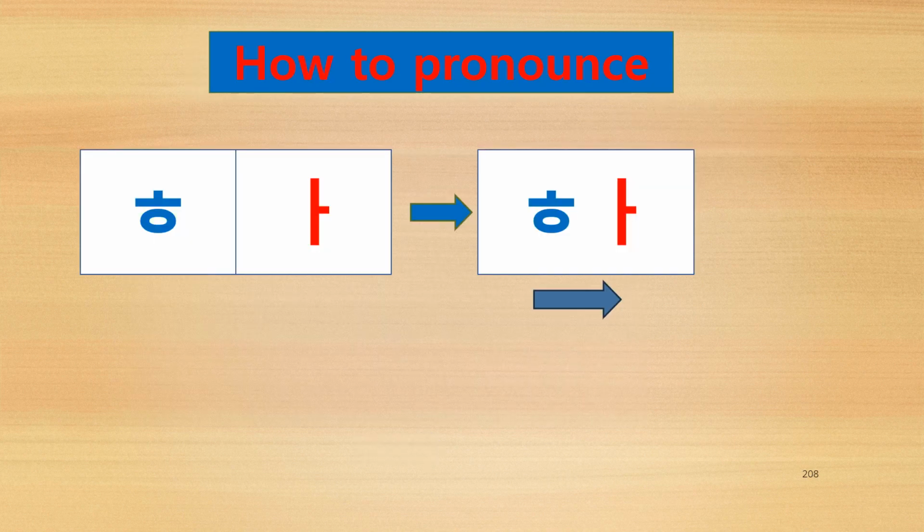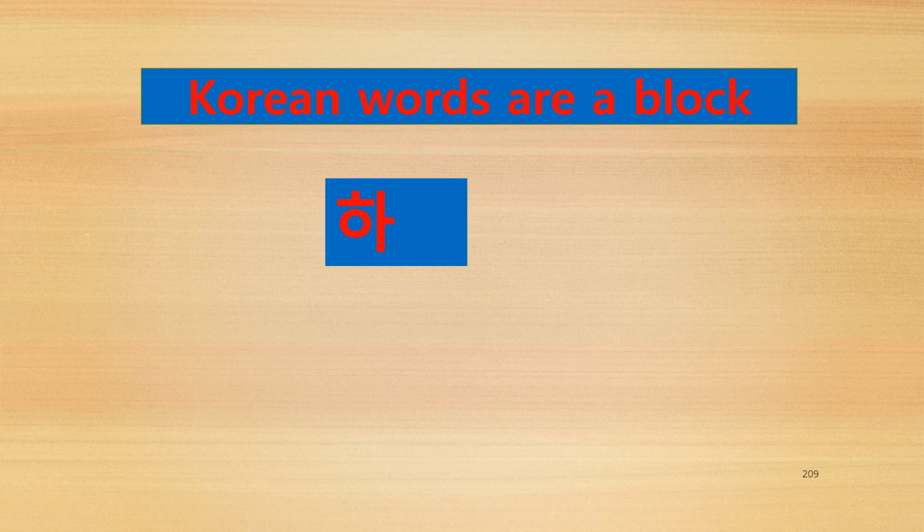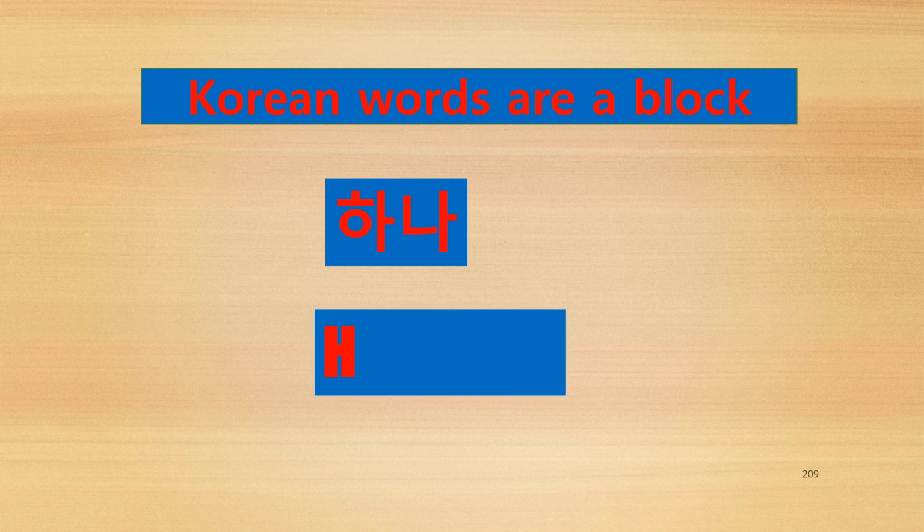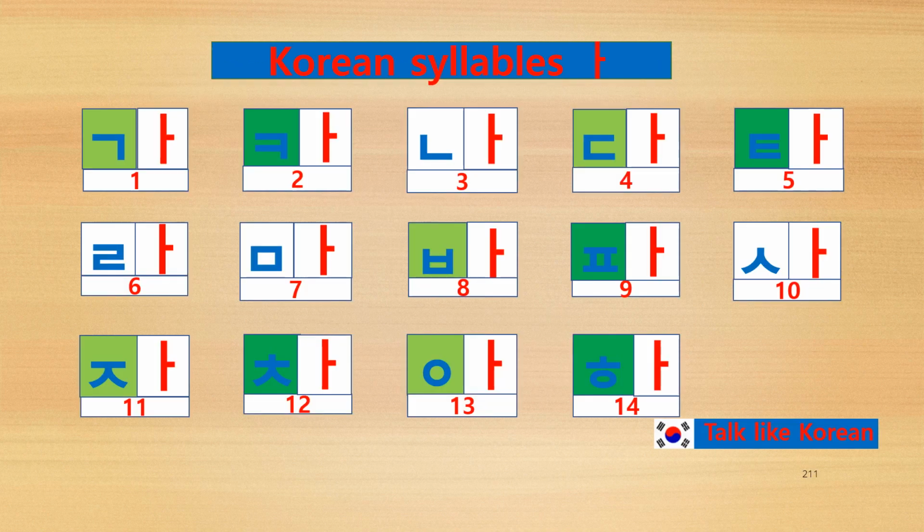And then ha. So Korean words are a block. So 하나, but English 하나. So Korean is already broken down, but English you need to break it down. So if you try to use romanization, it's hard. So try to do it in Korean way, please. And then Korean syllable, this light green is a low one, soft one, but this dark green is a stronger one, rising. So we do it 가,